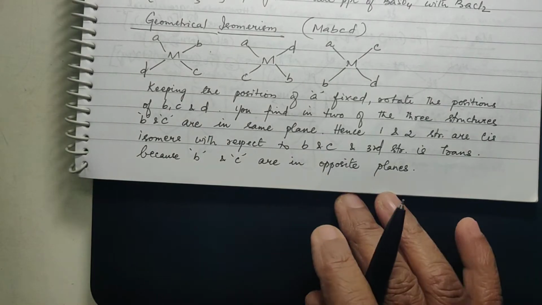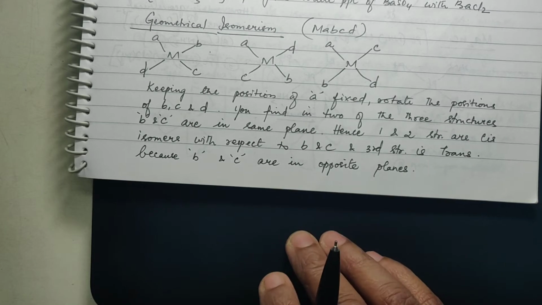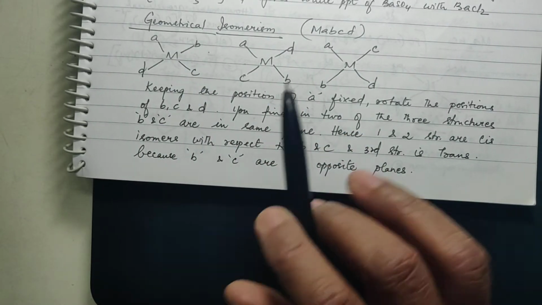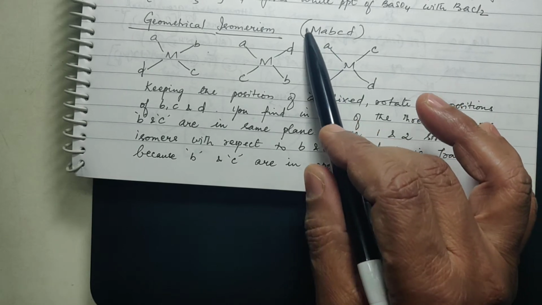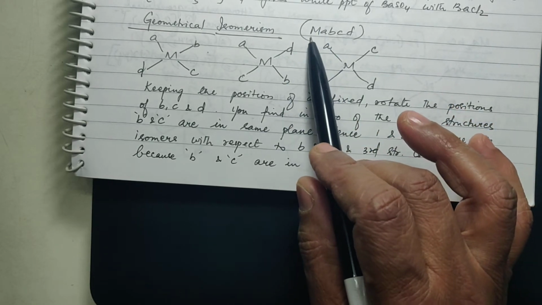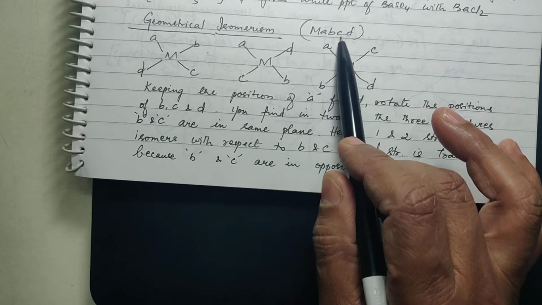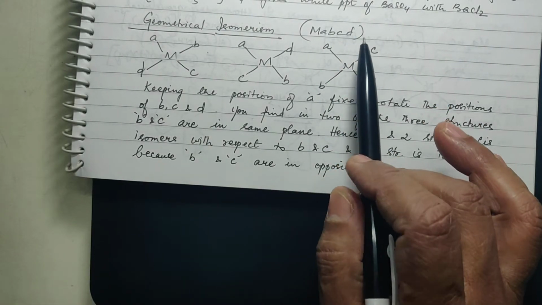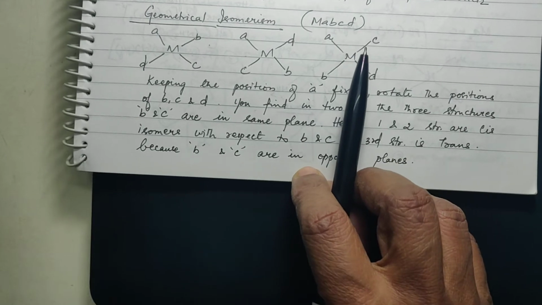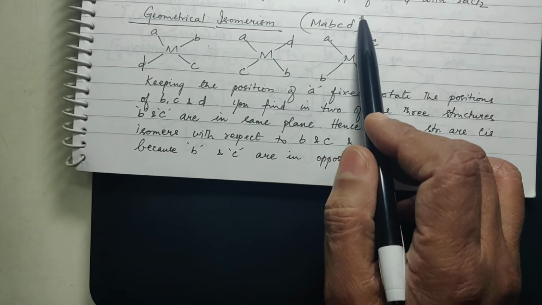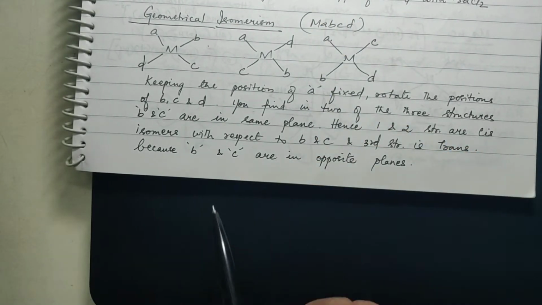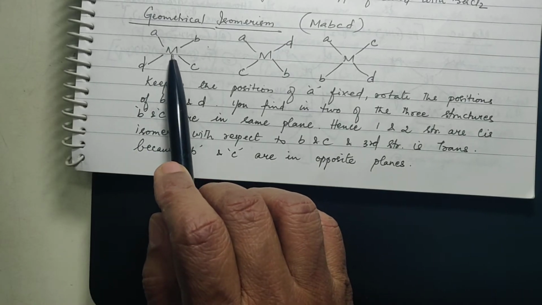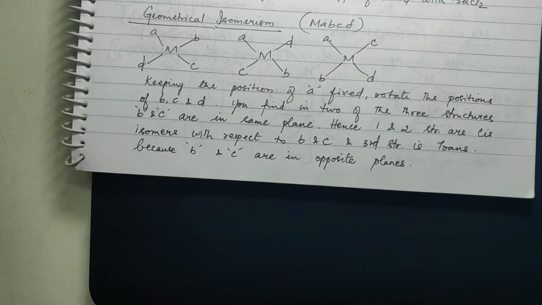Yes, children, let us come to the next topic under stereoisomerism, that is geometrical isomerism. Say, for example, M is the metal or the metal ion which is surrounded by 4 different ligands A, B, C and D. Since there are 4 different ligands, we are assuming this to be a square planar complex, and a square planar complex can be written like this. M is surrounded by A, B, C and D.